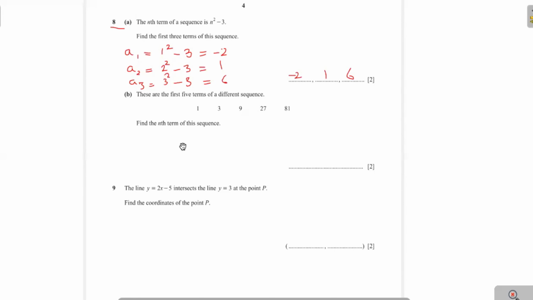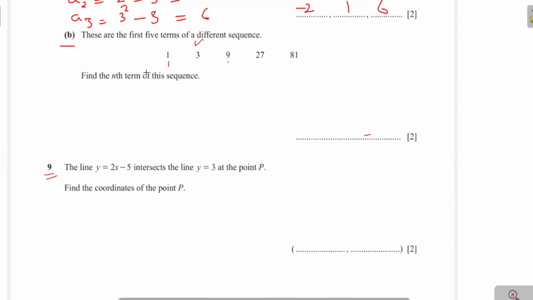Next part B, these are the first 5 terms of a different sequence. Find the nth term. You see here, we can write 1 as 3 power 0, this is 3 power 1, 3 power 2, 3 power 3, and 3 power 4. We can write 3 power 0 as 1 minus 1. This is the first term of the sequence, therefore we can write 1 minus 1. In this term,